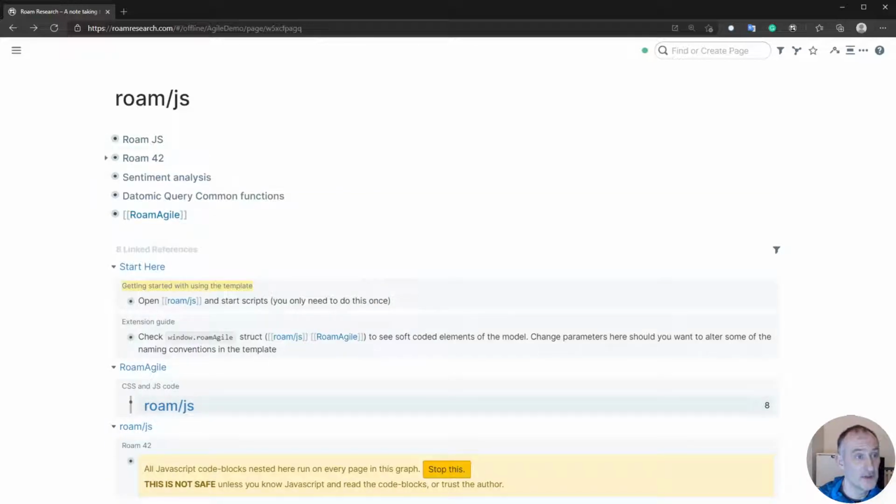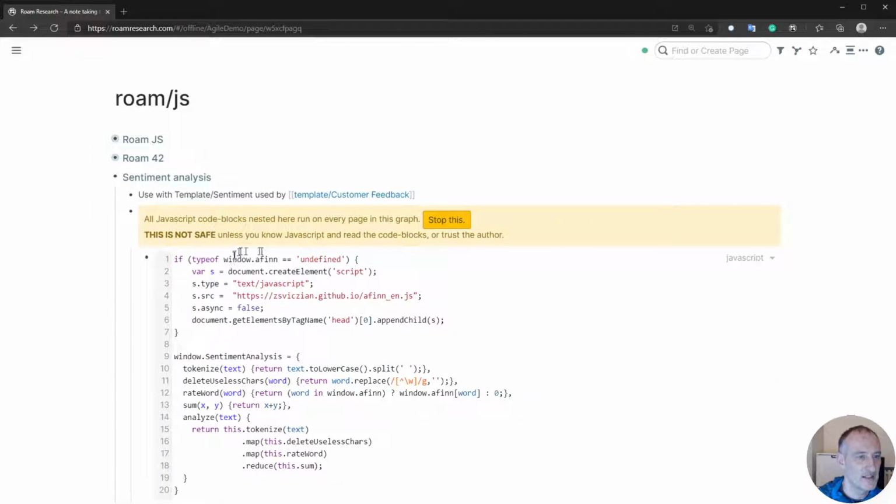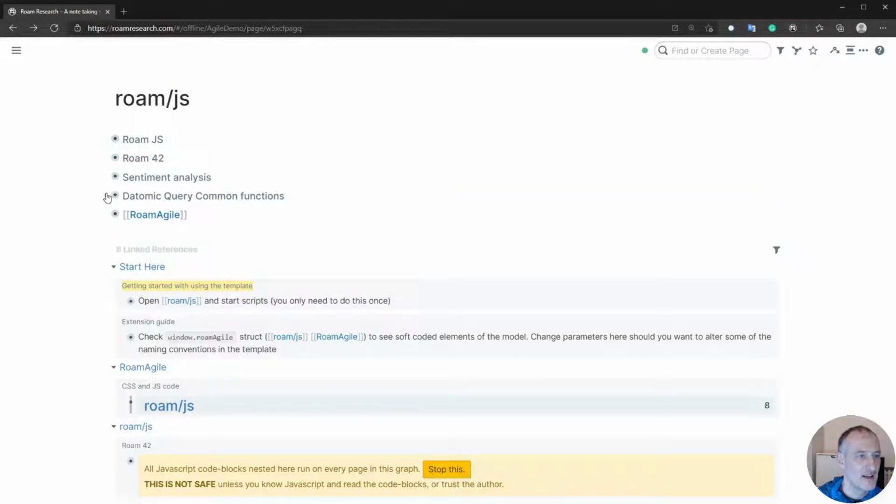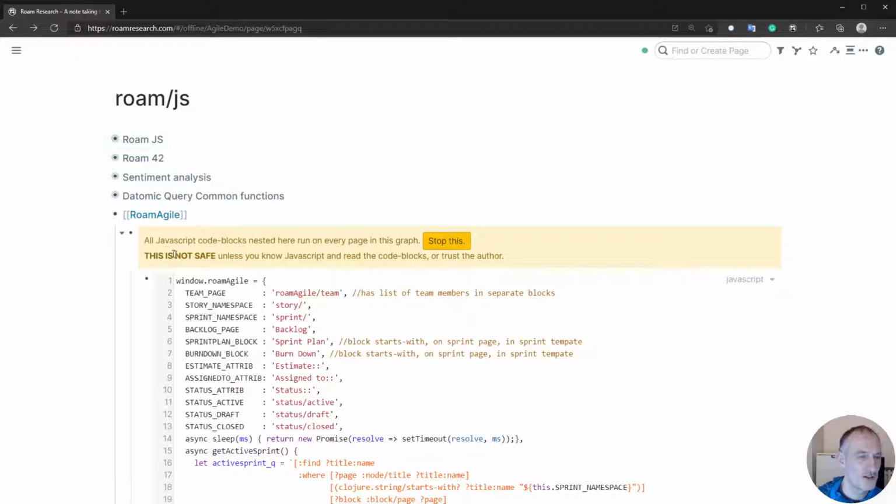I have Roam42. I have a sentiment analysis script that I built based on an affinity database I found online, so you can find that here. And I have my Datomic query common functions that I'll show you how I used for developing the scripts in a moment. And then under Roam Agile, I have